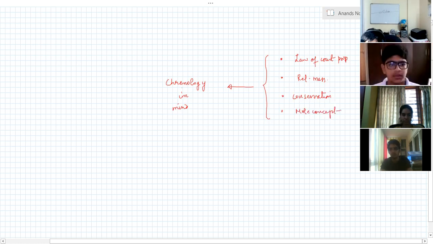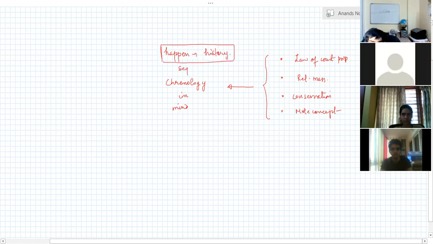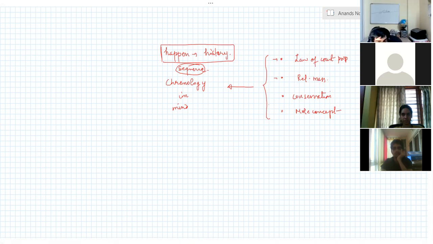More concept with a certain chronology in mind means how did things happen in history, in the history of chemistry. Okay, how did things happen in the history of chemistry? In what sequence did it happen? And what did it result in? Okay, we want to kind of try to do a mapping here, right? So this is very important because the textbooks, the teachers don't do justice to the way the history of chemistry unfolded. So we have to kind of learn it in the right way.